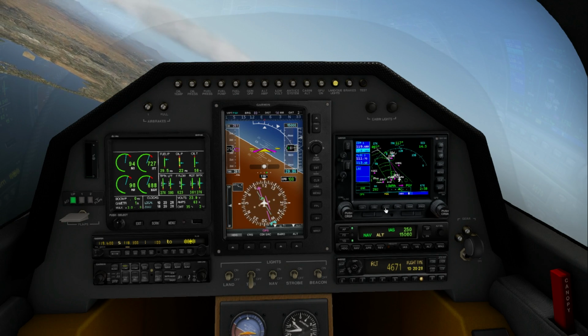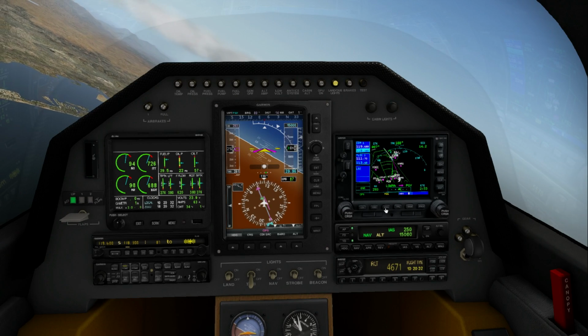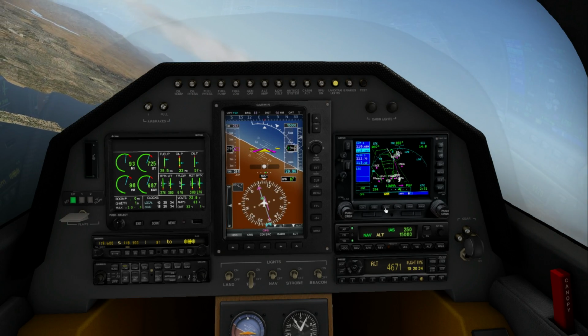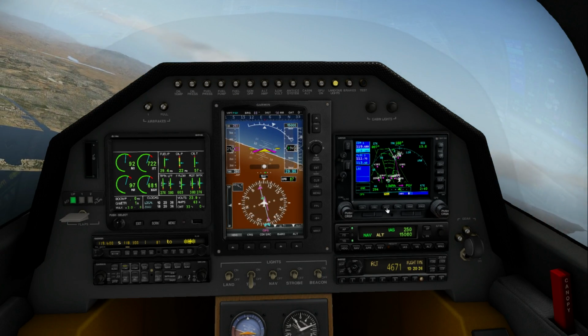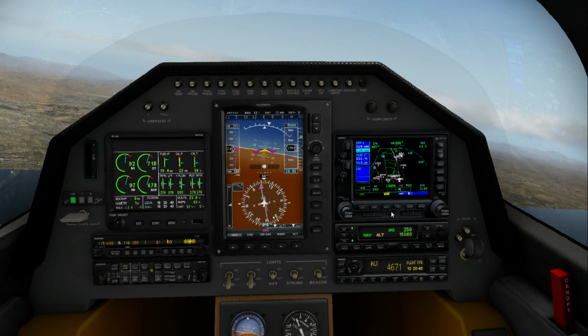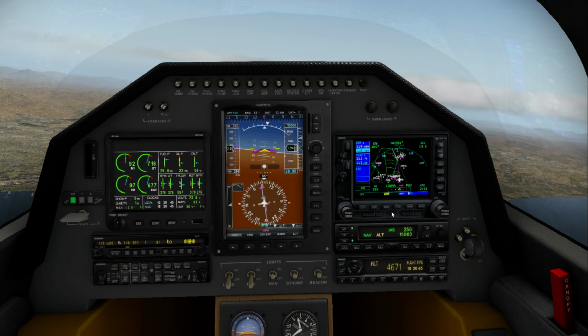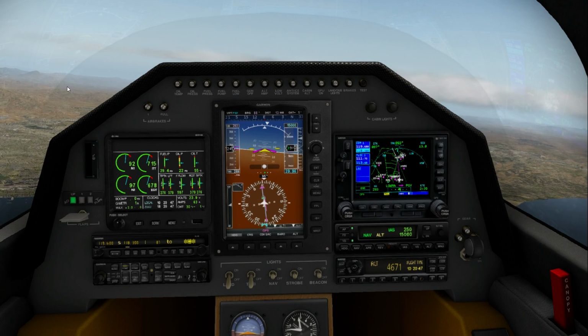All right, what are we going to now? 8.7. Okay, that's because that's not the frequency we gave you. 135.65. There's 10,000 feet. Landing light's going to come off. I actually don't know what speed I should be accelerating at. I did not find that information